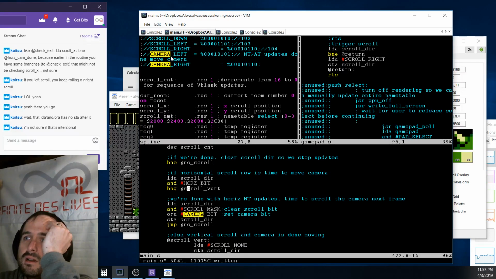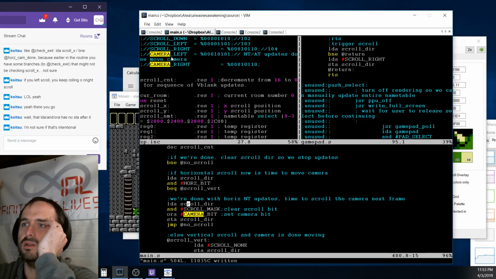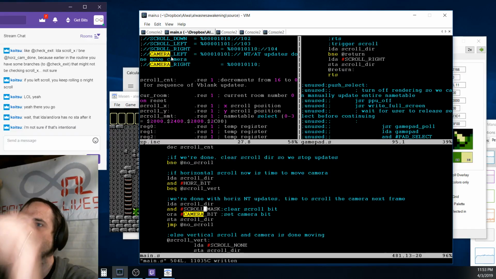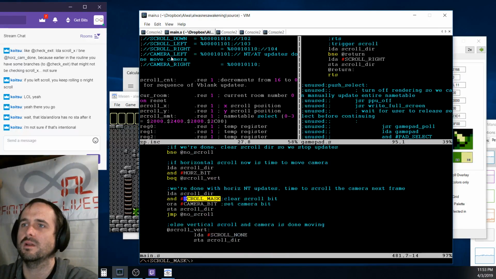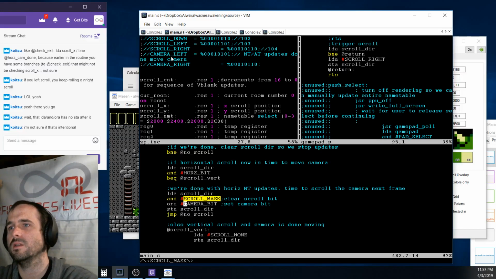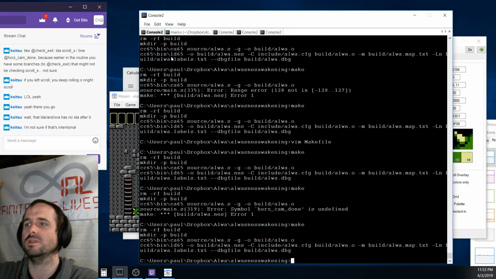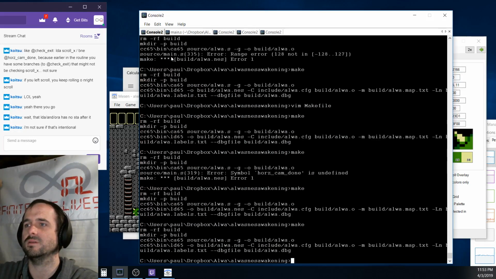If it's clear, then we're going to jump to the scroll vertical. If it's set, we're going to load scroll dir, clear the mask, the scroll bit, or the camera bit, store. All right, well, we made some changes. I don't think they fixed it, but